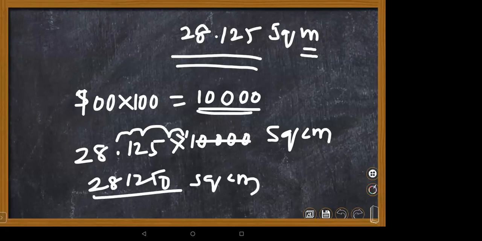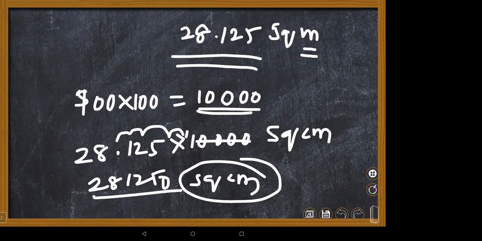This is the only tricky task in the question. Everything else was given, and still I'm getting an answer that is not in the options, but this option is there in your paper, children. Like that, whether they're asking square centimeters or square meters, you have to check and do.